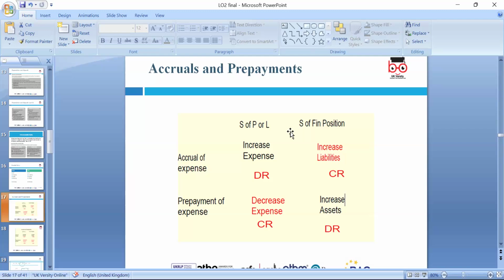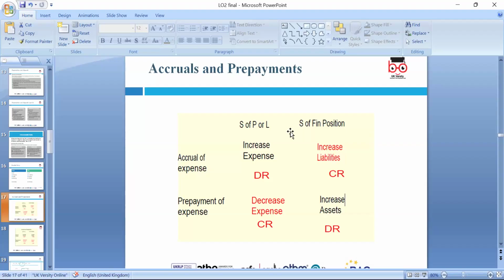So we can say for increased expenses, we do debit, and it needs to be in the financial position. So if it's an accrual expense, it means the expense is incurred but not paid, such as gas and electricity bills we use at year end, on the 31st December. It should be included within that year, even though it is not paid. So we debit the expense and credit the accrual, which is a liability not yet paid.